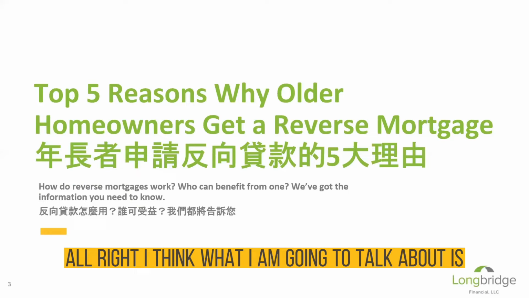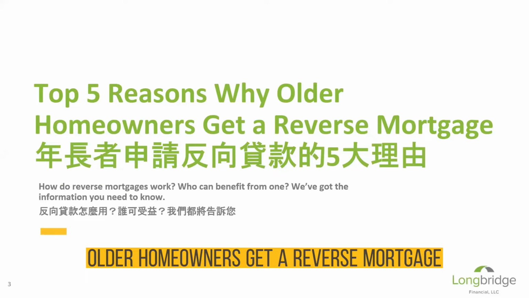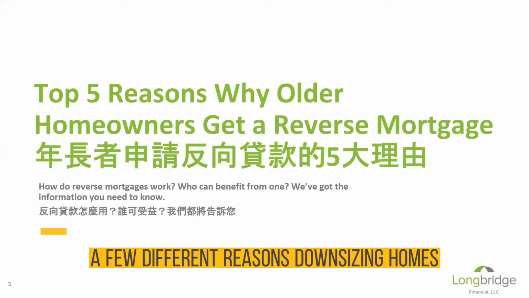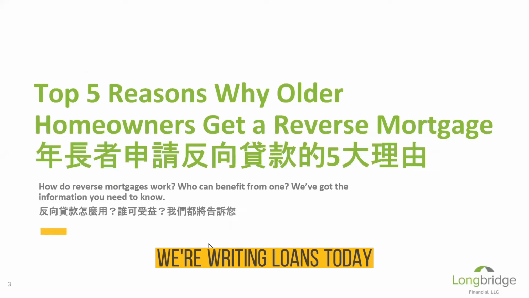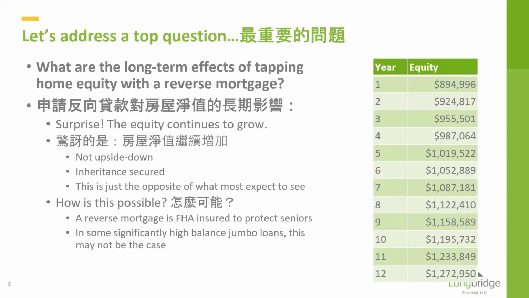All right. What I am going to talk about is, this says 5 reasons why older homeowners get a reverse mortgage. One of them is what Renee just spoke about. A few different reasons: downsizing homes. We're writing loans today where you can go ahead and change the screen. The most important